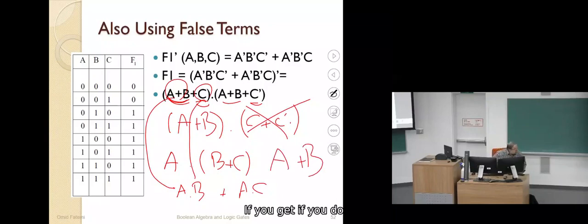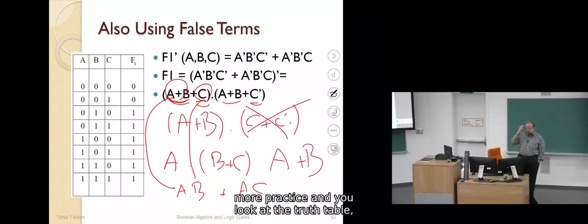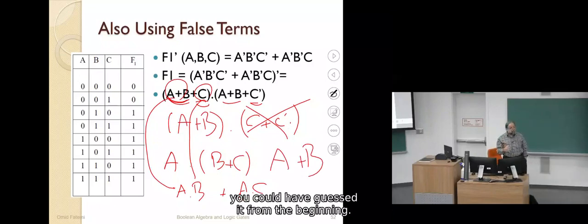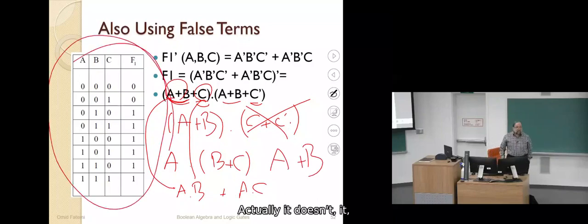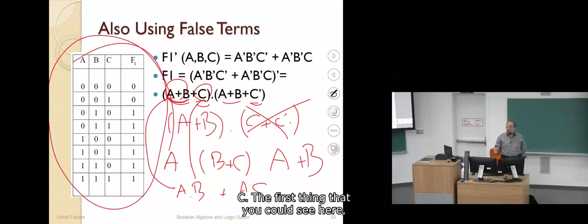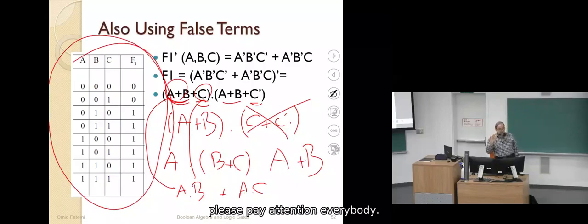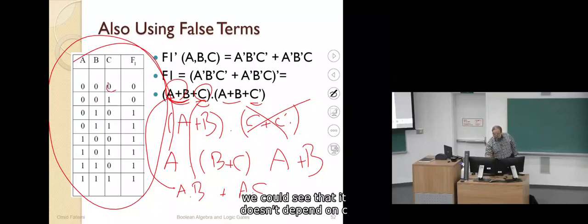And if you do more practice and you look at the truth table, you could have guessed it from the beginning. You see the truth table, actually it is not based on C. So the first thing that you could see here, please pay attention everybody. If you look at the truth table, we could see that it doesn't depend on C, because either C is 0 or 1, the result